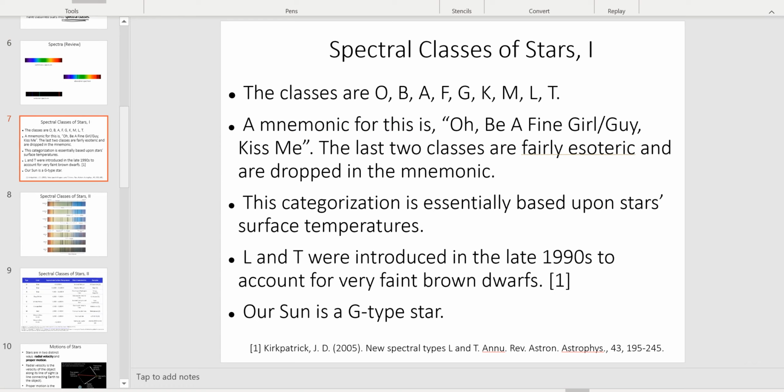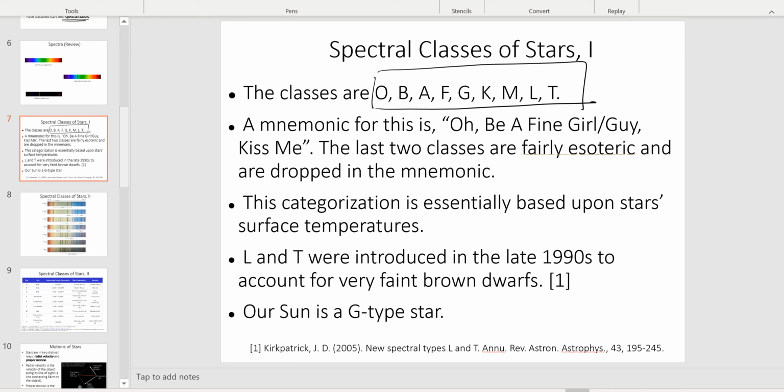Let's finally get to the spectral classifications of stars. There's really one primary classification system that we use. I'm sorry that the letters here are not in alphabetical order. I shouldn't be sorry, this is not my fault. It's just an historical accident, but we don't use A, B, C, D, etc. We use O, B, A, F, G, K, M, and then the latter two, L and T, are kind of minor classifications. So unfortunately, you're going to have to remember